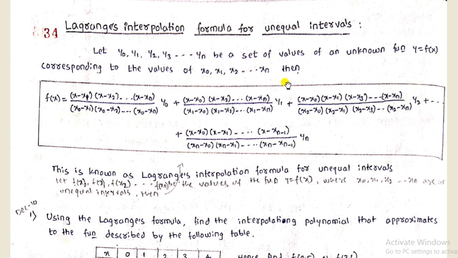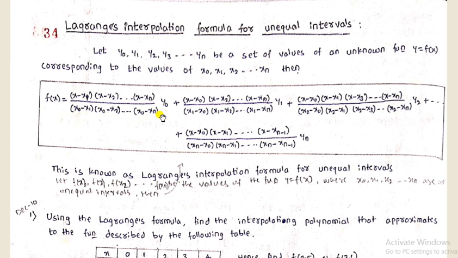Then Lagrange's formula becomes f of x is equal to (x minus x1)(x minus x2)(x minus x3)(x minus x4) up to (x minus xn), whole divided by (x0 minus x1)(x0 minus x2)(x0 minus x3) up to (x0 minus xn)